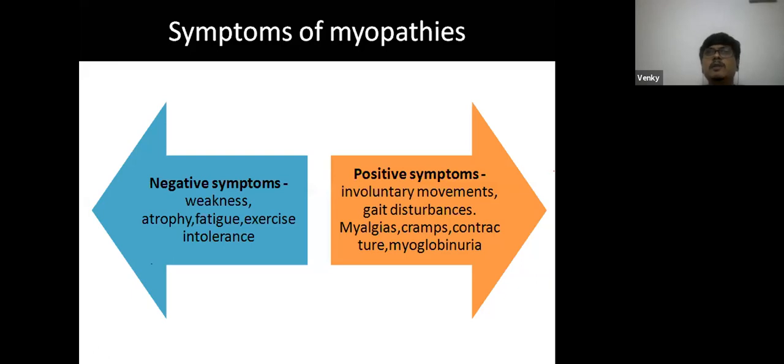Negative symptoms mean the muscle has already been damaged, and you are also getting some findings, for example, weakness, atrophy, fatigue, exercise intolerance. If a patient comes and says, I am having exercise intolerance, 5 minutes after I start my job, sir, I started to walk, and immediately after walking, I am getting some sort of muscle fatigue and weakness, sir. I am not able to walk, and my muscles are so crampy, so painful. It means definitely he is having some sort of storage disorder.